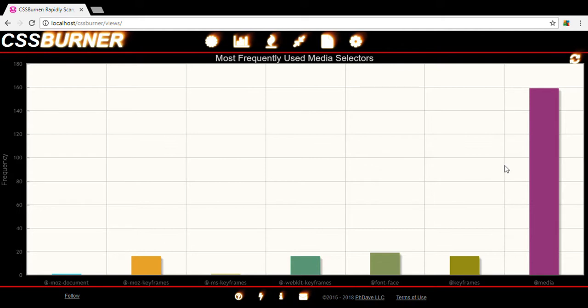In addition, another thing that I see is that, again, presentation must be important for this style sheet because the @font-face rule was referenced 19 times. So there are 19 custom fonts that the authors of this style sheet thought were of importance for the end user. Another piece of data you can extract from this bar graph is that, if we're supporting different prefixed and unprefixed versions of @keyframes, clearly animation is important in this style sheet because there are 16 occurrences,